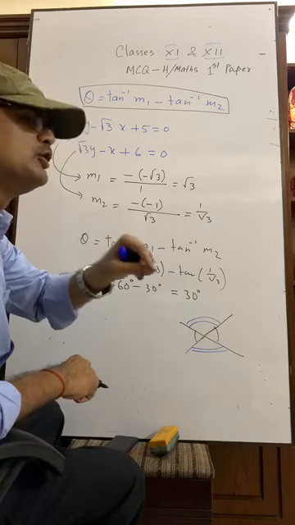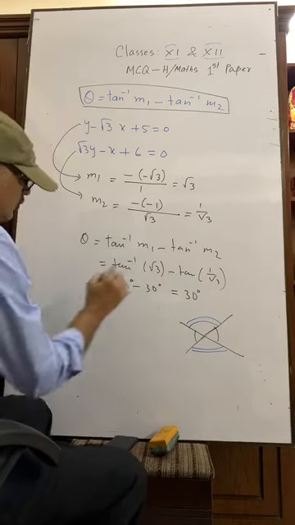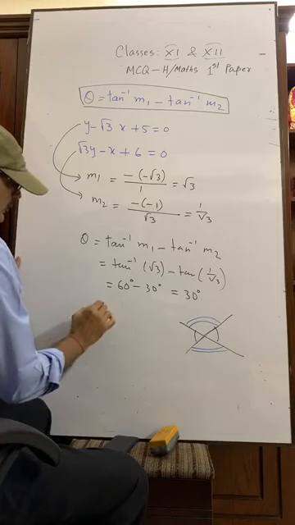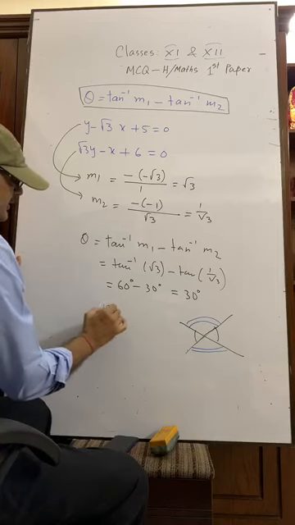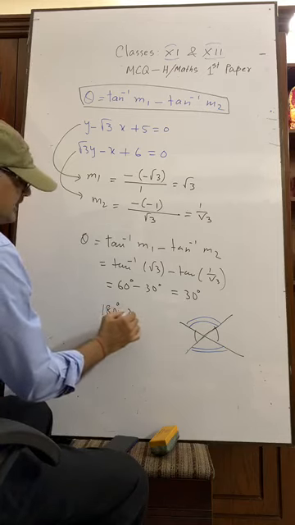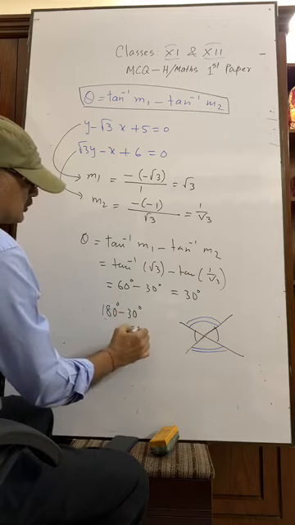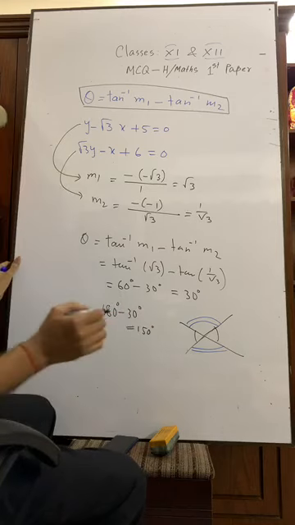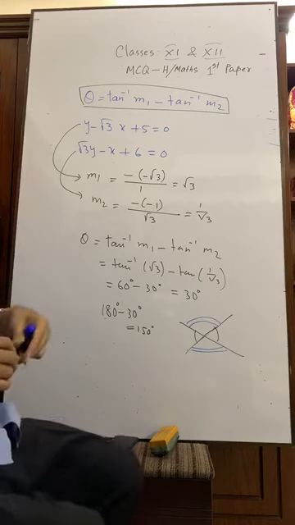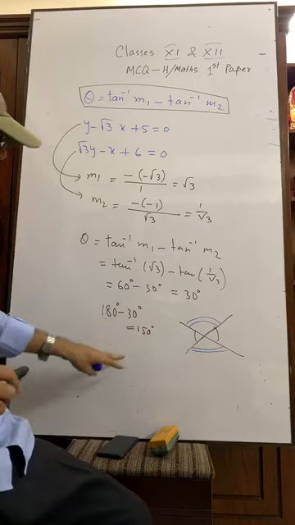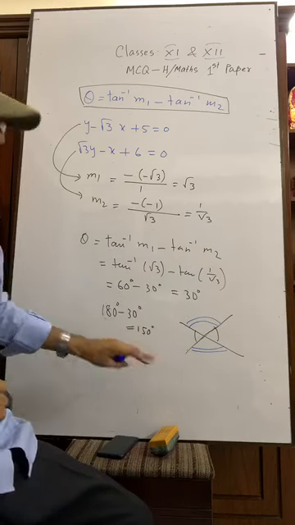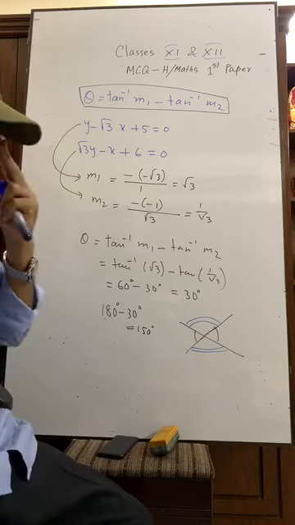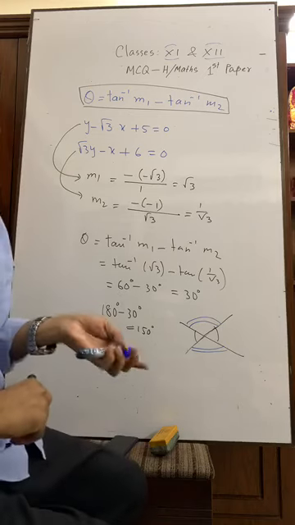Now if you are told to determine the obtuse angle, what is the obtuse angle? The other, obtuse angle will be 180 degree minus 30 degree, that is equal to 150 degree. So no need to give a plus or minus sign here. From here we can easily determine the acute angle and the obtuse angle. Okay, let's try another example.